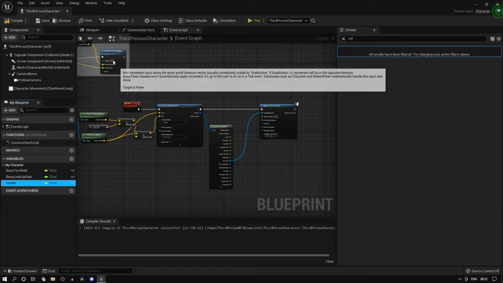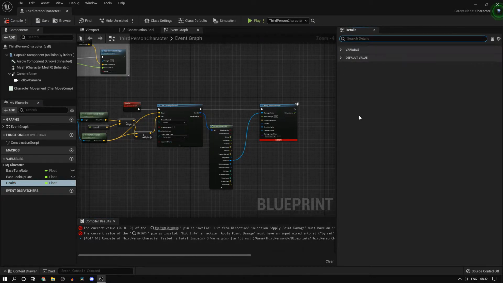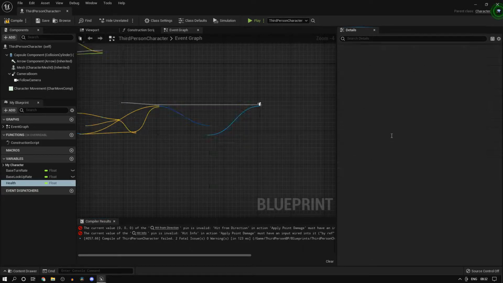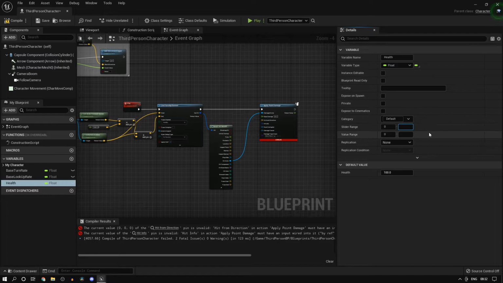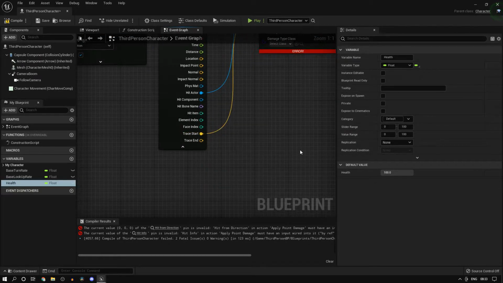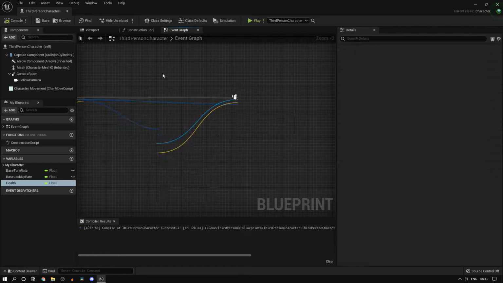Now that we have a health variable, let's initialize that to 100, and set the slider range from 0 all the way up to 100. Now for the hit info we can just plug this in, and for the damage causer we'll leave that for now. We'll talk about that in a future video when we get into setting up firing functionality.